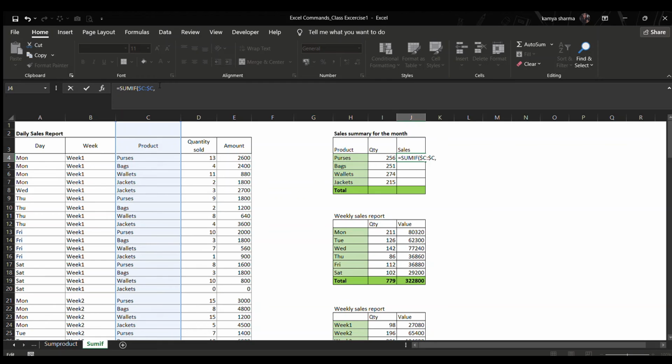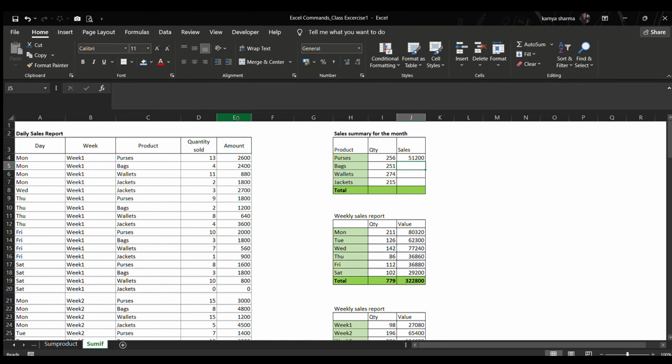So in this case my criteria would be again purse. Because I have different criteria, I'll just fix column H. I have not fixed the row because I have different criteria in different rows. And then the sum range: I'll freeze column E because I have my figures in column E. Now I can easily drag it down and I'll get the figures for all my criteria.